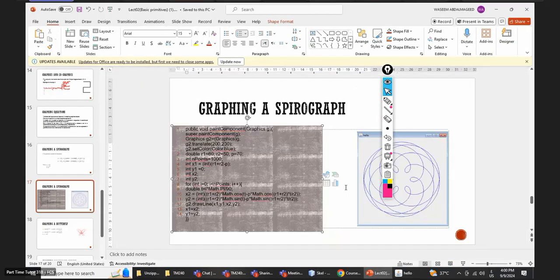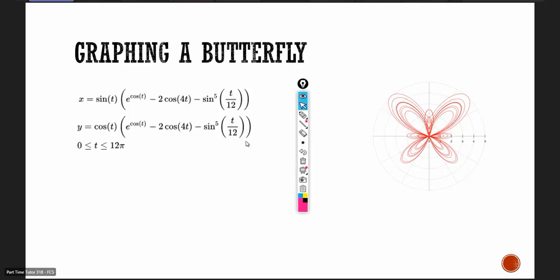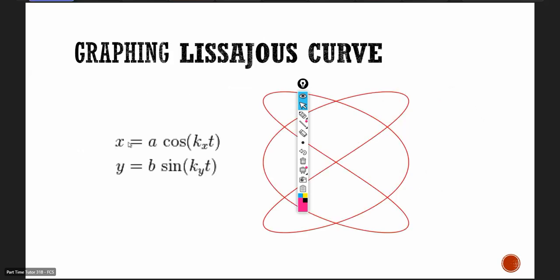So, any question about this slide? No questions. Okay, so here we have another equation. Same thing, here we have x equals f of t and y equals f of t, and here t is between 0 and 12 pi. So if we change the value of t, this will change the shape. You'll find the complete shape if t is between 0 and 12 pi. So if you have x equals a cosine k x times t, and y equals b sine k y times t, you will find another shape,